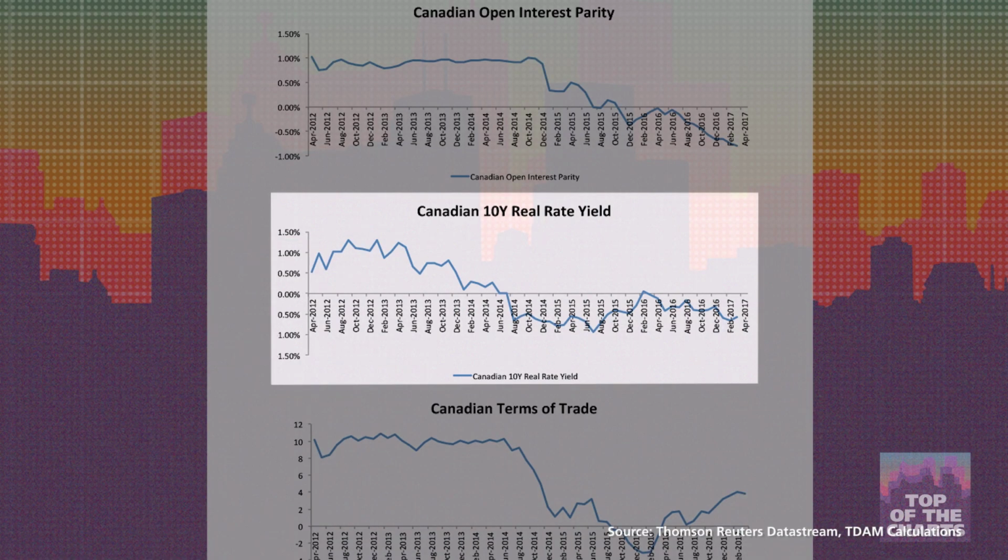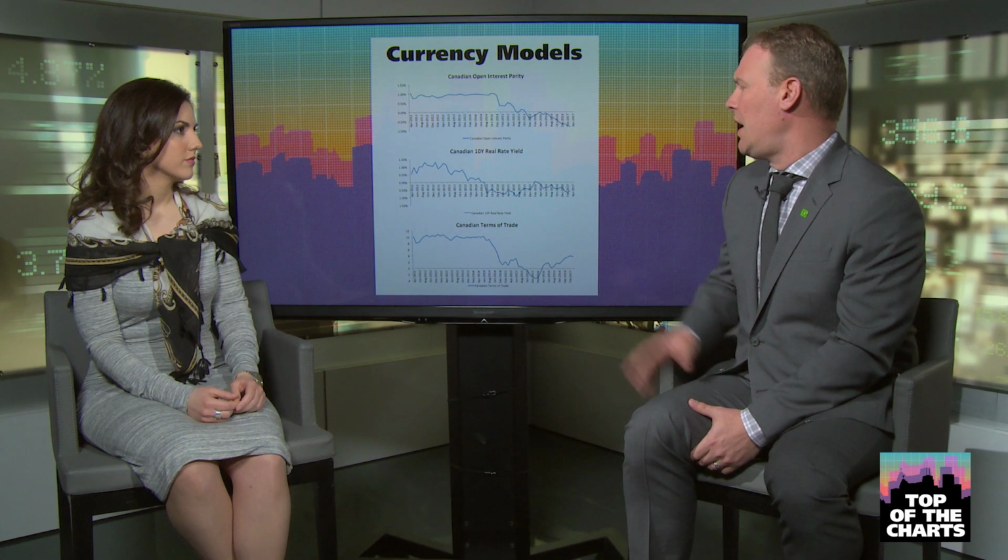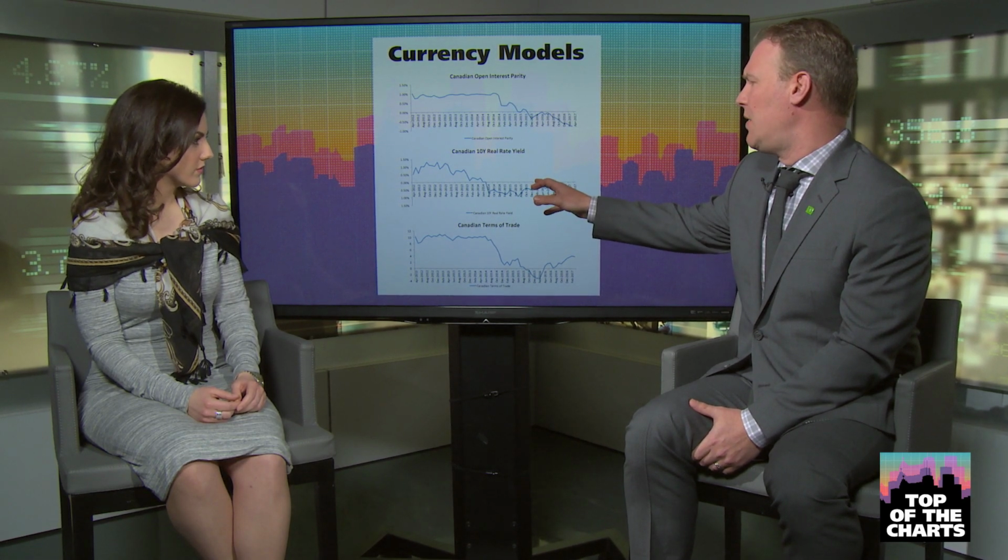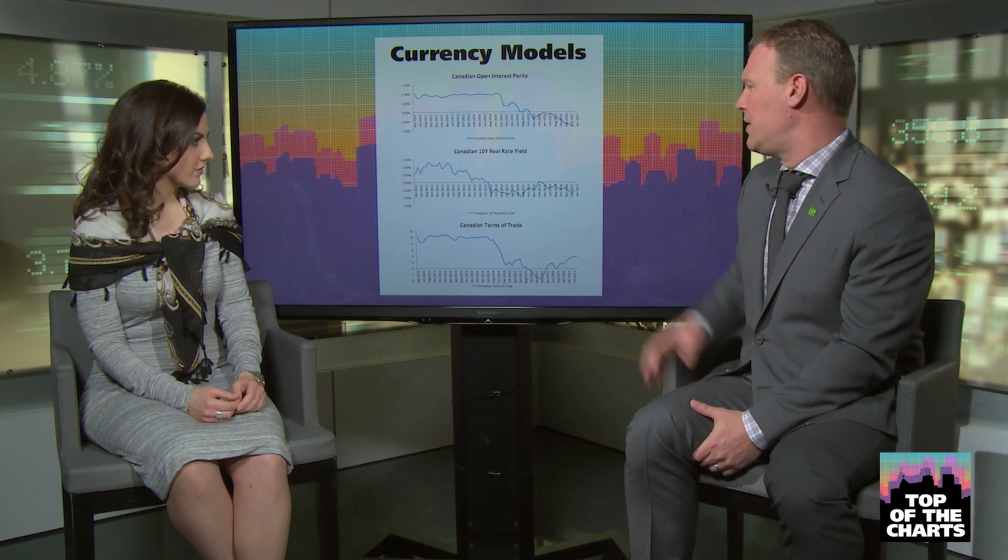So real interest rates are taking the nominal government bonds, in this case the 10-year, and subtracting real inflation, or CPI. And what we're seeing is that the nominal rates between the two countries have been pretty constant. However, inflation started to pick up a bit in Canada, putting pressure on the real interest rate differential. And so back in 2015, this peaked out and actually has been going in favor of the loonie to February